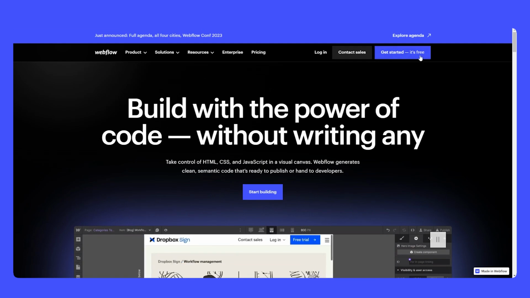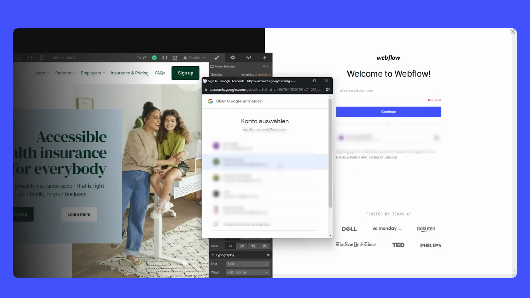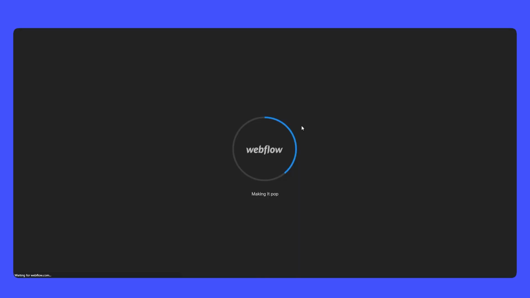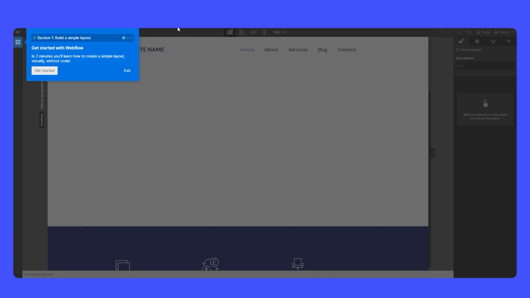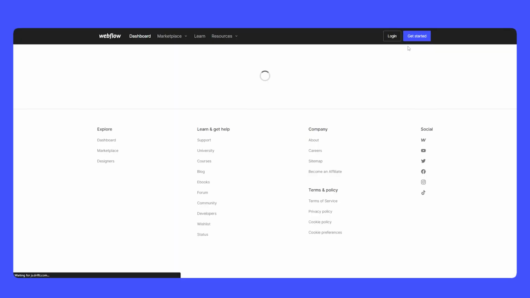But either way, just click on get started, it's free on the top right, and then either just log in with your work email address or your Google account. Then you will have to answer some super basic questions which you can actually just skip, so just put in anything you want to, it doesn't really matter. And then Webflow is going to launch a quick little introduction to the editor, which you can do. But as for this video, I will just directly go to the dashboard so that we can get started building